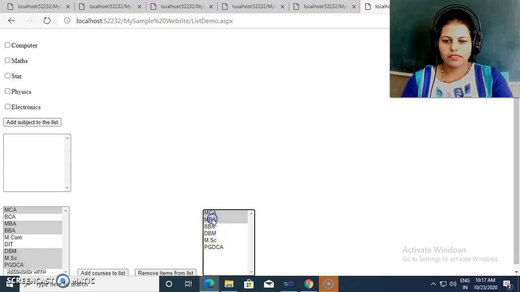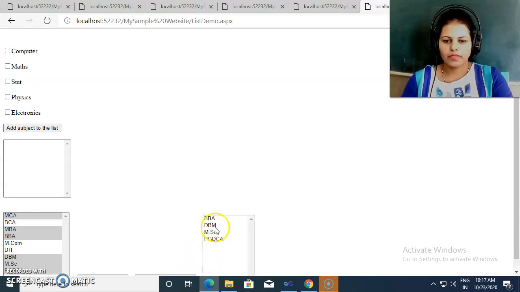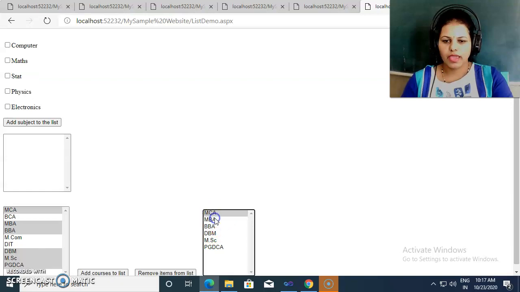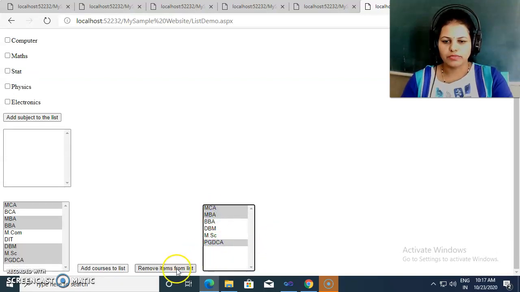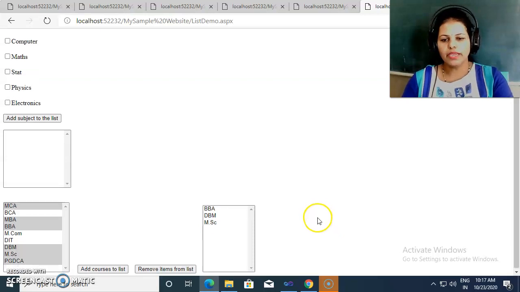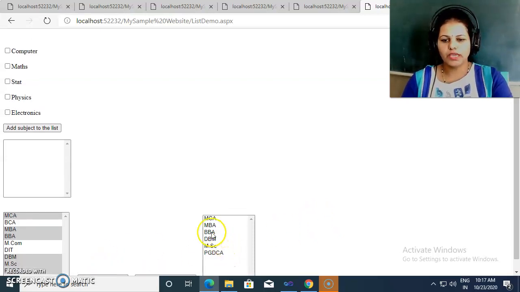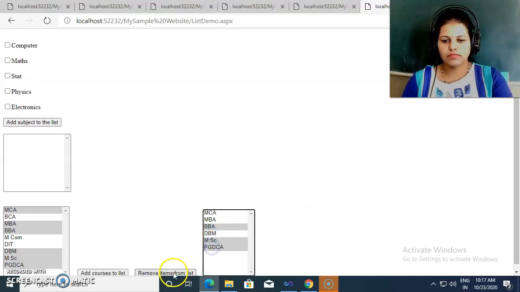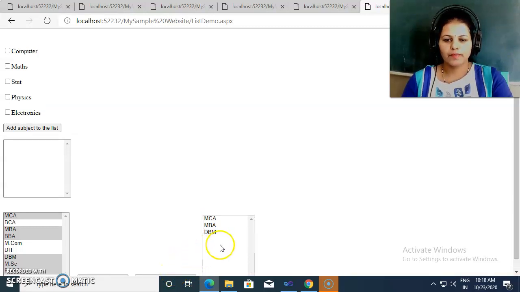Now see, I am selecting MCA and MBA and PGDCA and removing them. So those courses will be removed. So now in all the cases our output is correct: the BBA, MSc and PGDCA remain. So this is now correct.